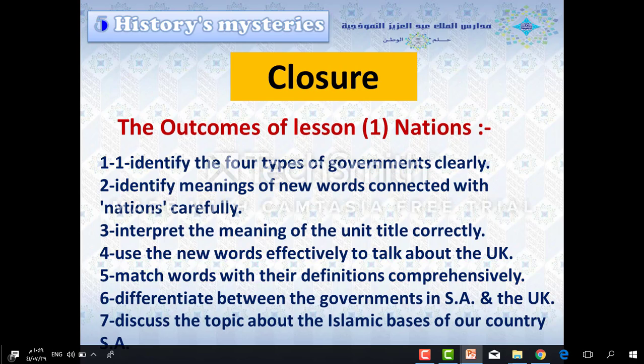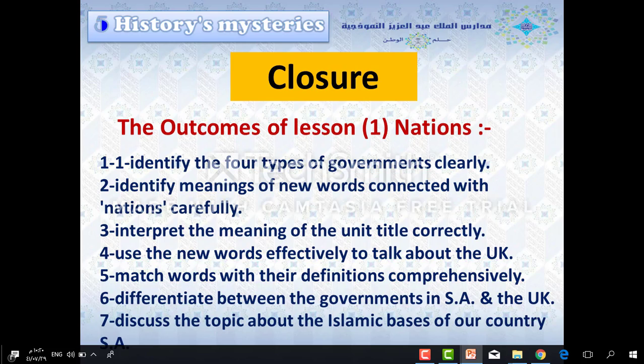And the closure of our lesson and the outcomes of lesson 1, nations. We know now that there are 4 types of government. We can identify the meaning of new words about nations. And we also can define the meanings of the unit, and we can use the new words effectively, and we have already matched the words with their definition,